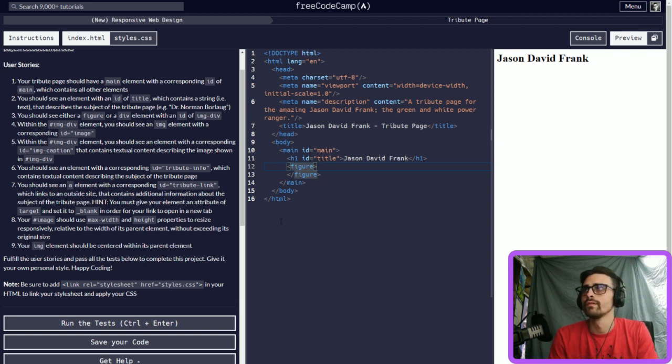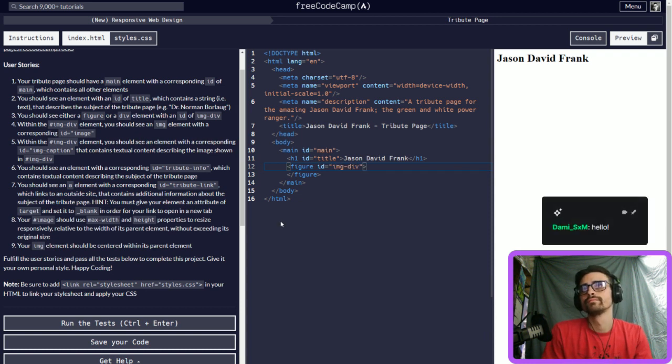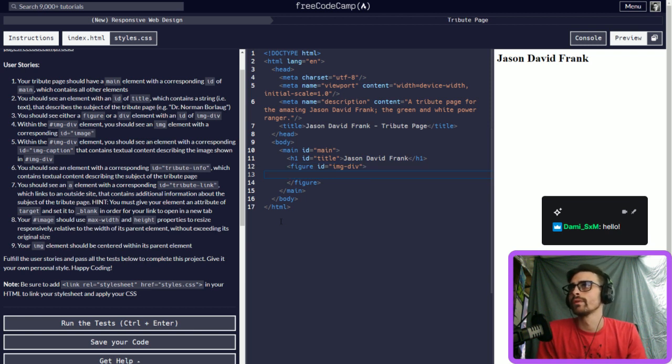Then image div. Okay. Okay, ID image. So, an image element with source